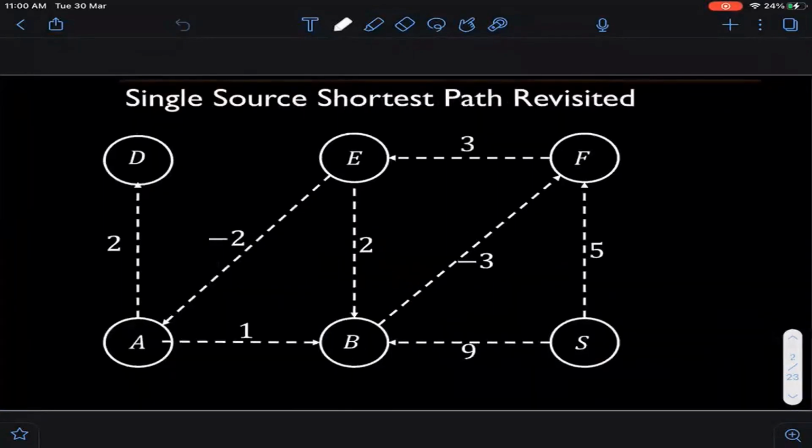Well, first of all, let me redefine the shortest path problem once, just to make sure that everybody's on the same page. For the purpose of describing Bellman-Ford, I'm going to assume that I have a directed graph. It just makes the discussion simpler. Bellman-Ford works even if you do not have directed graphs, but for this lecture, let's assume it's a directed graph. But now there is something else that I'm allowing, which I did not when we discussed Dijkstra, which is negative edges. So now I am allowing negative length edges in my graph. As you can see in this picture, there are some edges which are of negative length.